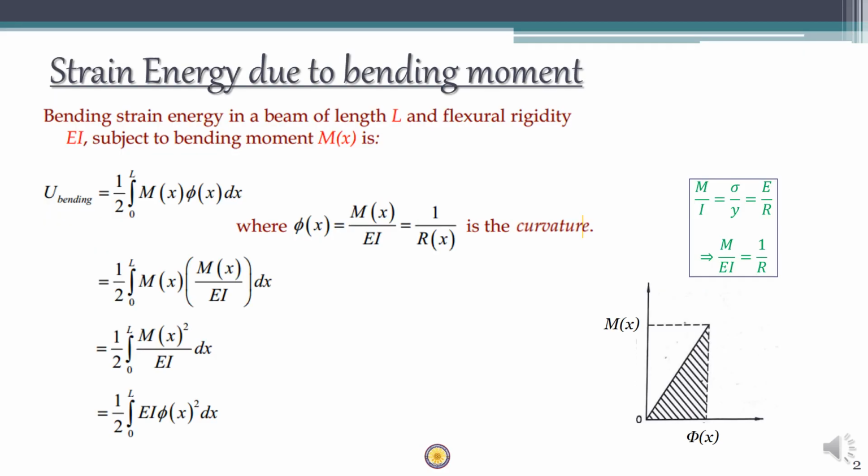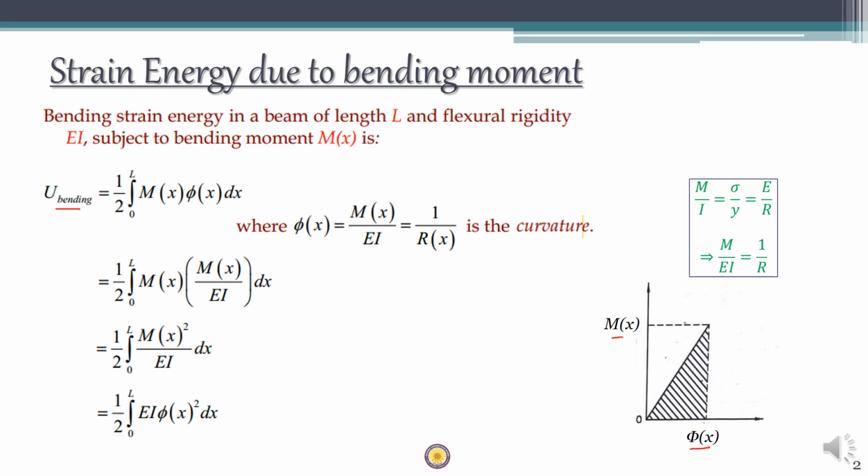In a bending element such as a beam, the bending moment varies along the length, so the curvature of the beam also varies along the length, right? So, in order to calculate the strain energy due to bending, we can say that it is nothing but the area under the bending moment versus curvature curve, which is the area of this triangle, half into M of x into phi